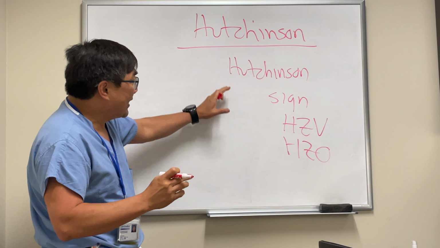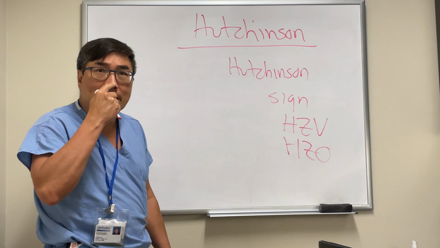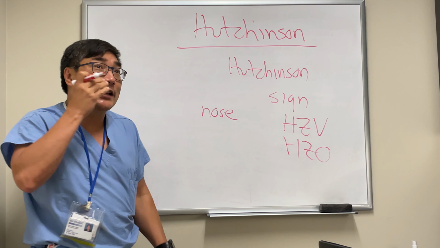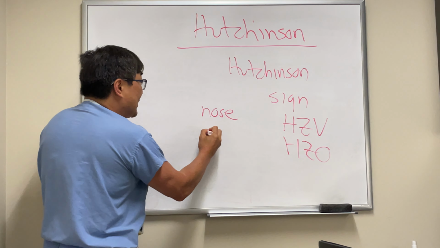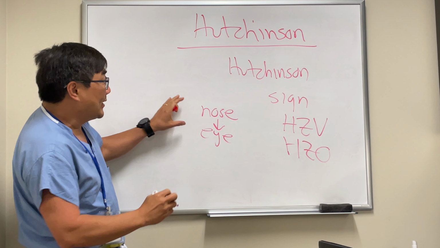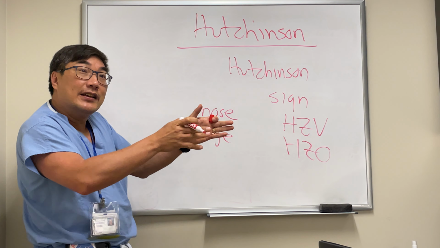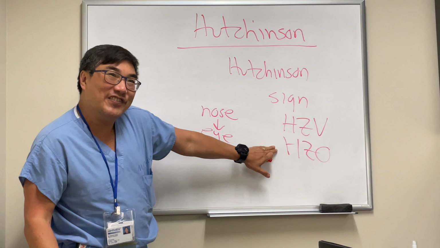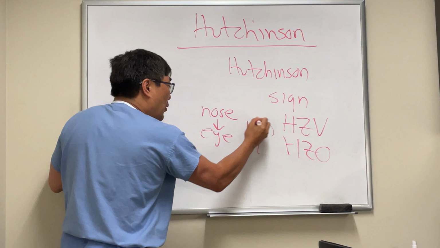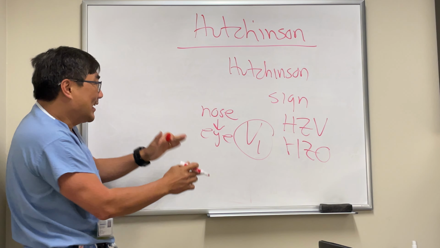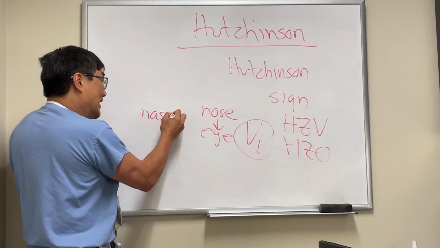And so the sign is, if you have the vesicular eruption on the tip of your nose, that you're more likely to have it get in your eye. And the reason that sign applies anatomically is the tip of your nose is also innervating your eye because of V1. But more than that, it's the branch of trigeminal subdivision 1 that is in the nose, nasal, to